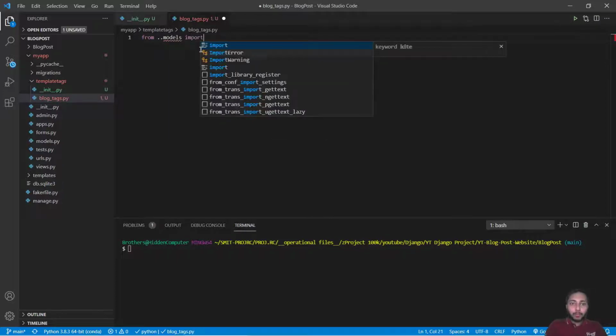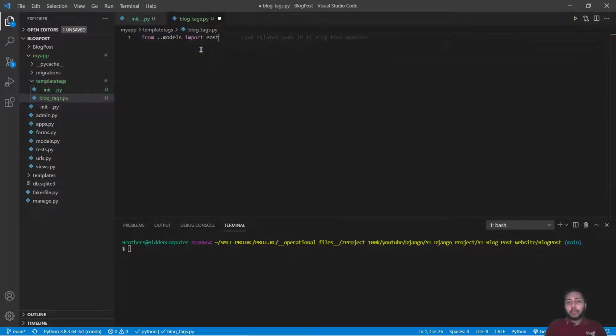models import Post. Why am I importing Post? Because we are trying to find out the total number of posts. I just want to teach how Django works, but when you implement it for real, you will use comments: how many comments are posted on a particular post. But why am I doing this here? Because we don't have comments on almost all the posts, right? So to demonstrate how this custom template tag works, I will use the total number of posts.